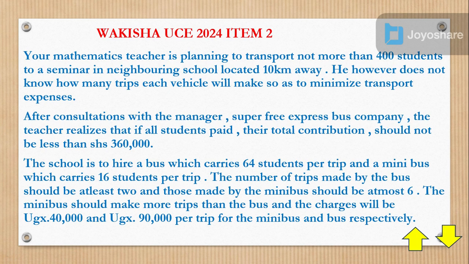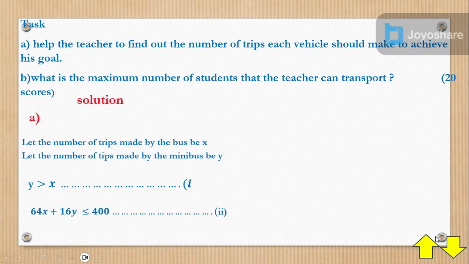Okay, now back to work. Let's go and see. And that's how we got in inequality number 2, that we have 64X plus 16Y less than or equal to 400. That is in number 2. We now go to number 3,